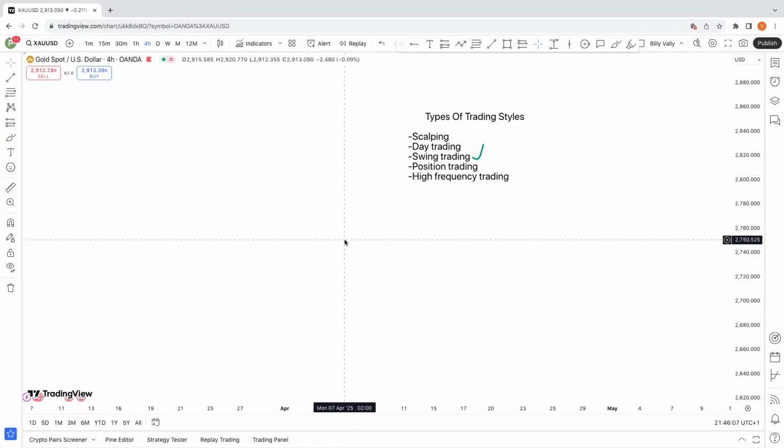We are all traders, but we don't trade the same strategy or the same style, right? Now, there are different types of trading styles. We have scalping, day trading, swing trading, position trading, high frequency trading. In my last video, I talked about scalping and day trading. In this video, I'm going to be explaining swing trading alongside a suitable strategy to help you become a profitable